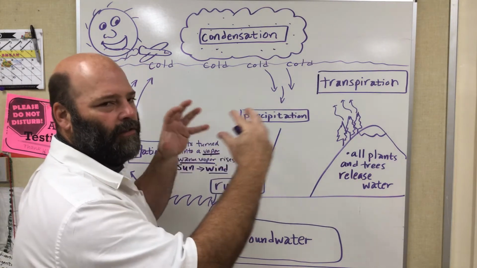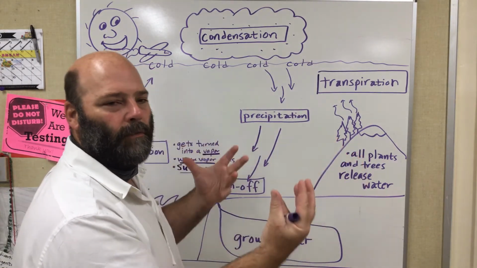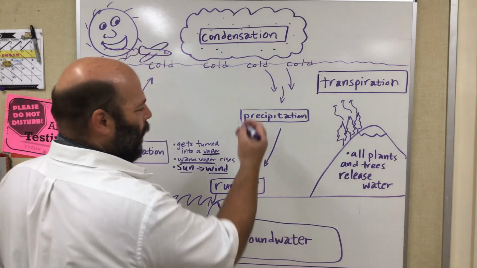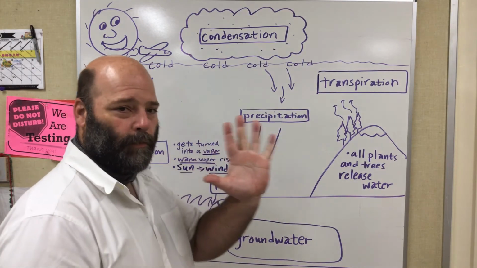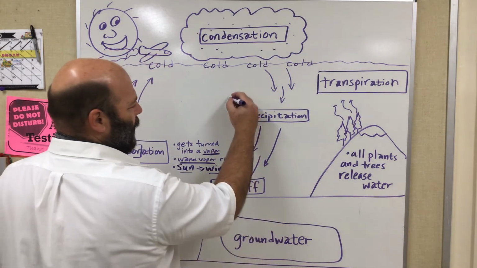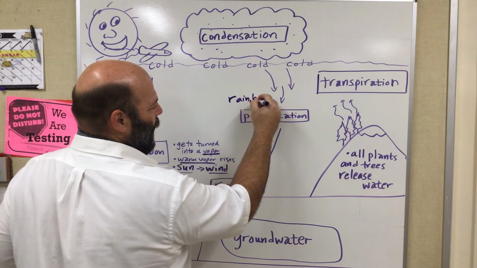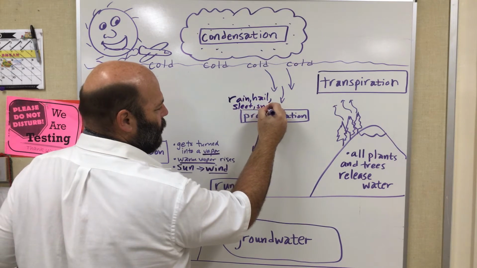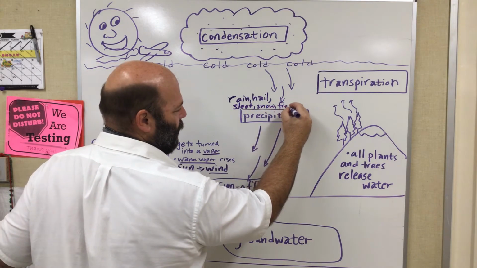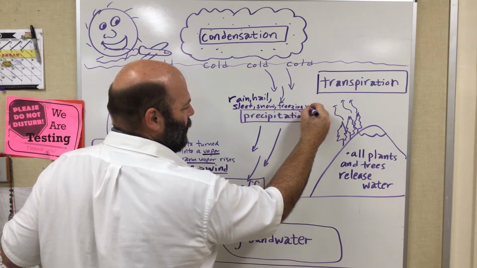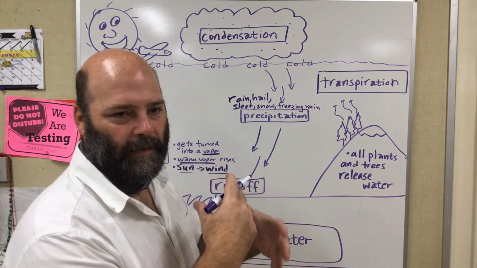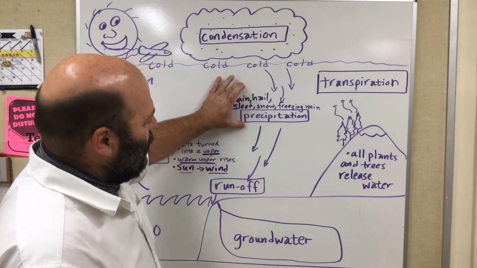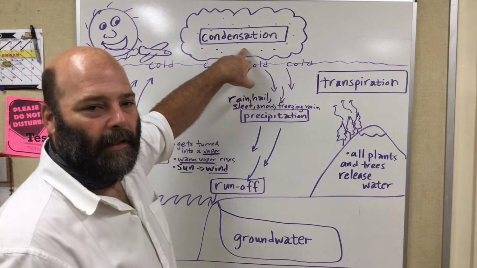Now, once the clouds get so full of water that they can't hold it anymore, they purge the water. They release the water, okay? And the water can come down in 5 forms of precipitation, okay? It can come down as rain, hail, which we talked about yesterday, sleet, snow, and the most dangerous of all of them, in my opinion, in the winter, the freezing rain, because freezing rain coats everything, coats the roads, you can't really see it, it's very dangerous, very icy. So one of these forms of precipitation falls from the cloud.